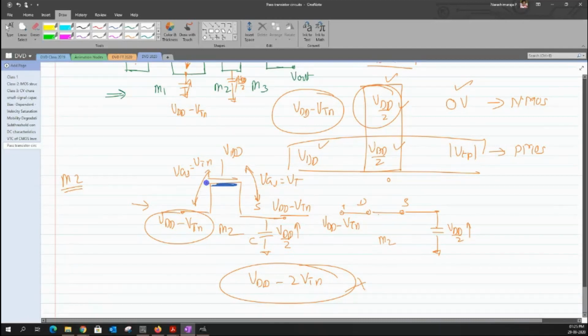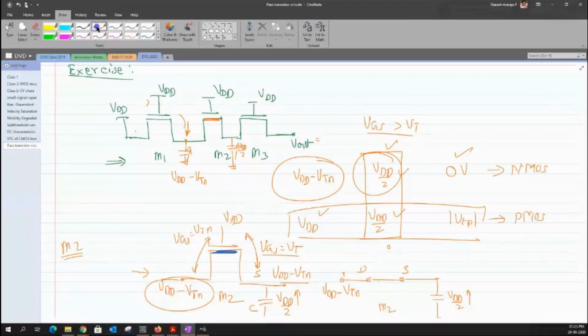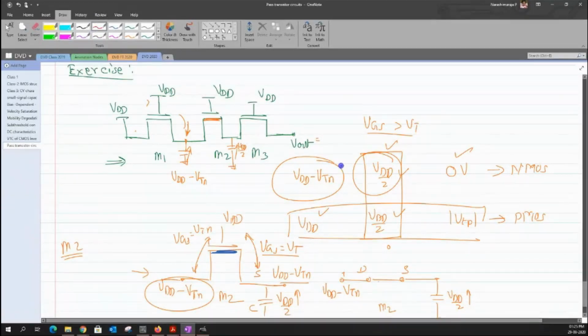It is always better to have the other end as our source terminal so that we have a value of VGS that is greater than the value of VT initially. And then later it keeps charging towards that particular point where the moment I reach this value, the channel ceases to form. So now you would be in a position to tell me the answer for this. What is the output voltage that we would have under this condition? VGS minus VT, or VDD minus VT. Okay, it is VDD minus the threshold voltage of the transistor.